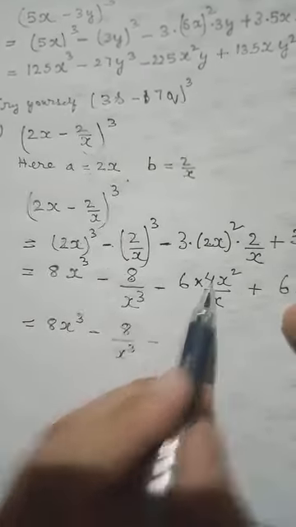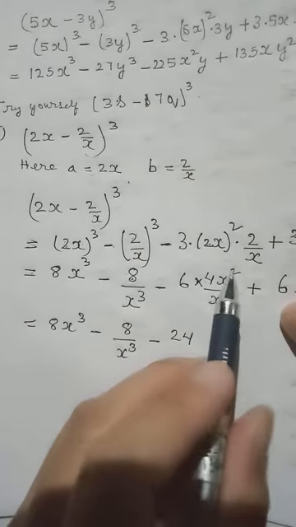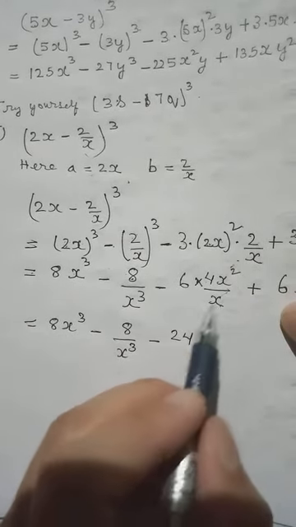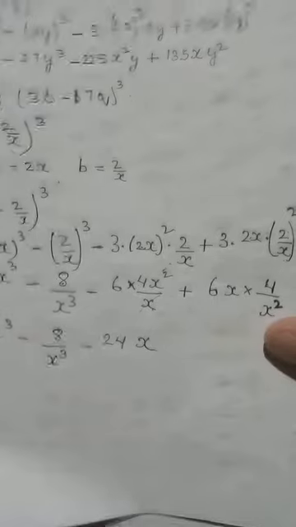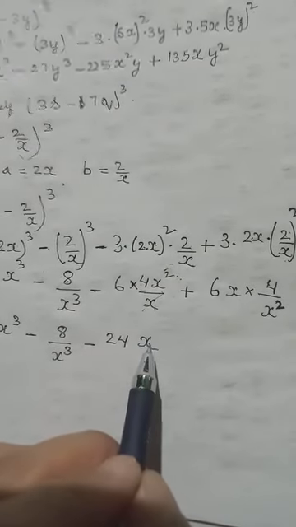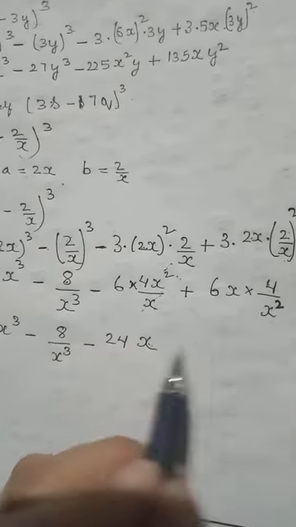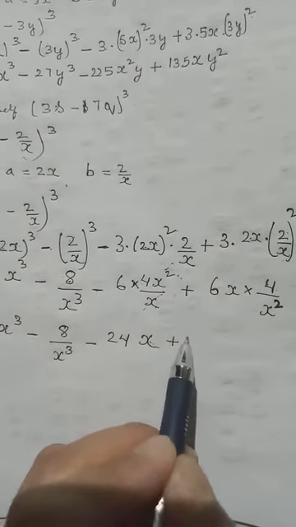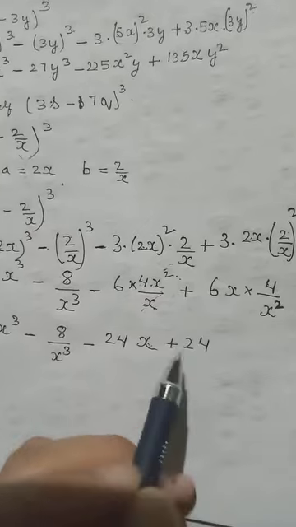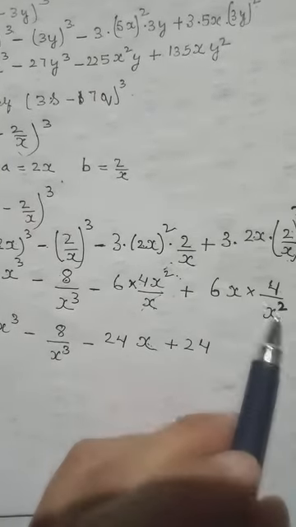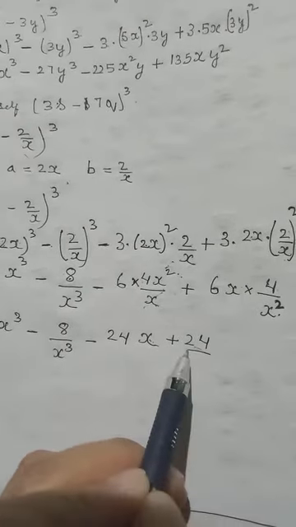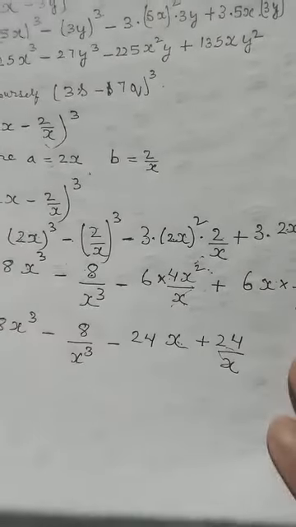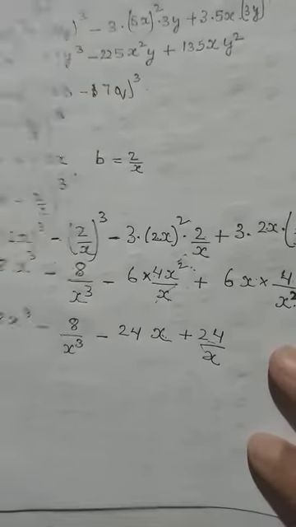Then here 6 into 4, 24. Here we have 2x up. Here we have 1x down. So 1x we can cancel, so we remain with only 1. Because the power is more up, x will remain up. Then here 6 into 4 again, 24. Then here we have 1x up and 2x down, so we can cancel 1. More power is down, so 1x will remain down. So after that they all become unlike terms. We cannot add, we cannot subtract. It will remain as the answer.